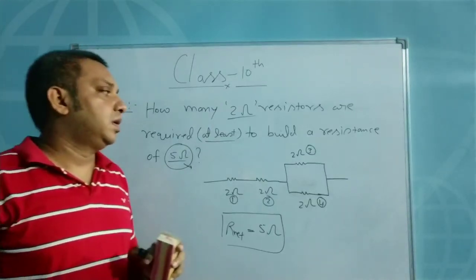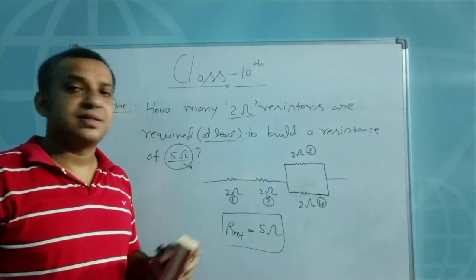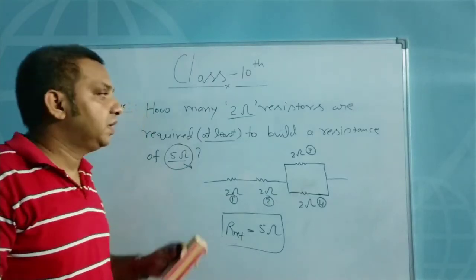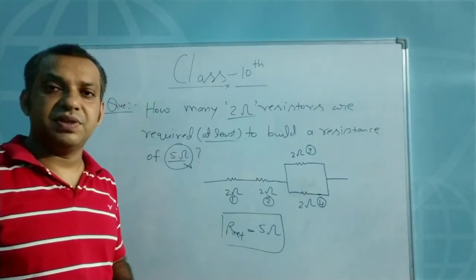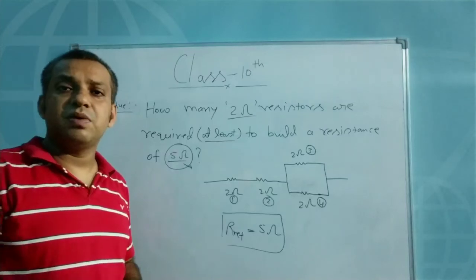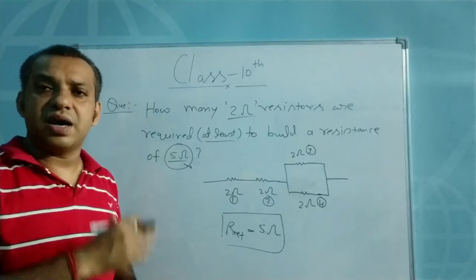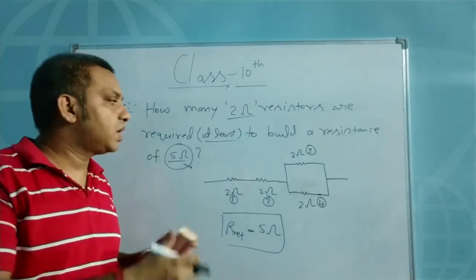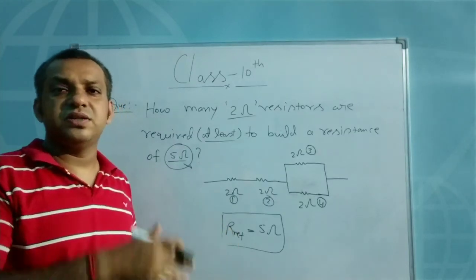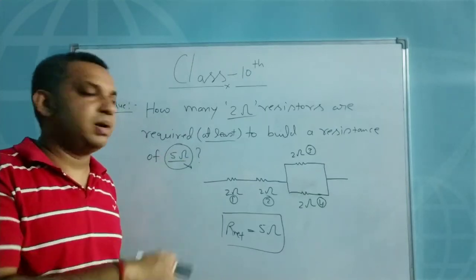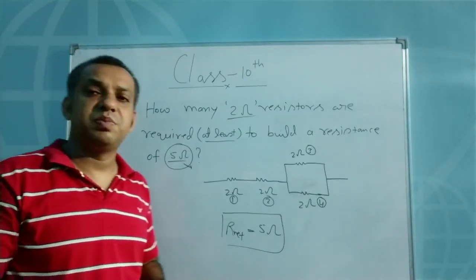So this is one kind of question which is asked in the board examination. So you should practice this kind of question also with the help of a certain type of resistors. How you can build different types of R net for the circuit arrangement. Whether you are connecting 2 in series, 2 in parallel, 3 in series, 3 in parallel. So different types of questions. You should practice on that.